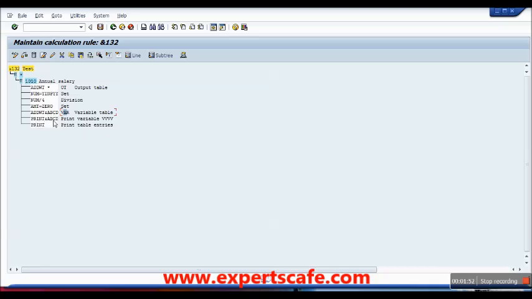Also, never forget, a variable wage type is always prefixed with a concatenate sign. So this sign means this is a variable wage type. If you don't see this sign, that means it's an original wage type which is pulled from the IT table. Next is print. As I said, this is nothing but it will show you